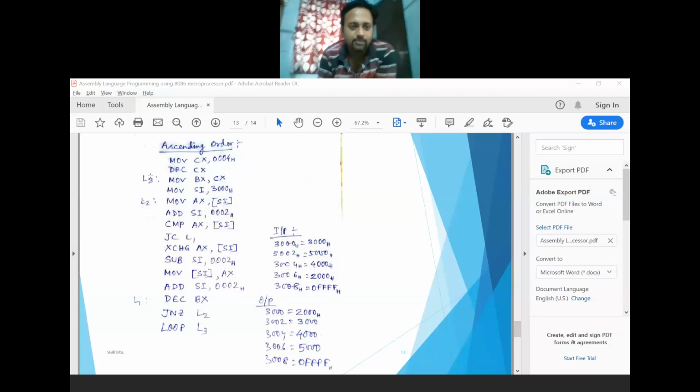Okay, no, L3 will be here because I have used the loop instruction. Sorry. I have used the loop instruction, so automatically CX gets decremented by 1, and it will be copied to the BX register. So L3 is right in this position. It is rightly mentioned. I have not checked this loop instruction. So if the loop instruction is there, then this one is okay. But if the loop instruction is not used in this position, if it is JNZ L2, then you have to go back to this level DEC CX. Okay, is it clear?